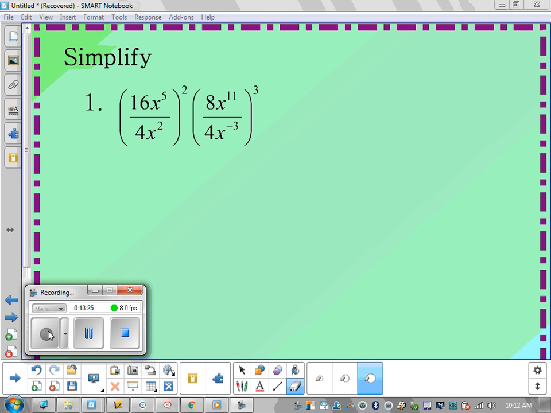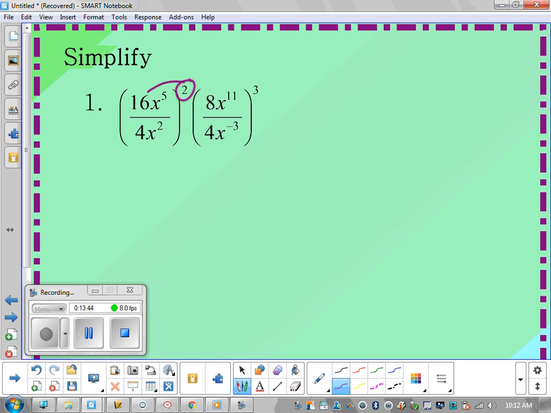All right, here is the biggest problem of them all. If you are comfortable with this question, you could tell yourself that you have mastered 9.2. When you look at this question, I hope you see parentheses and an exponent outside. When there's an exponent outside parentheses, that means we distribute that exponent. That would be 16 squared x to the 10th power. Don't forget to distribute it to the denominator. That becomes 4 squared x to the 4th power because we distributed it both to the coefficient and to the